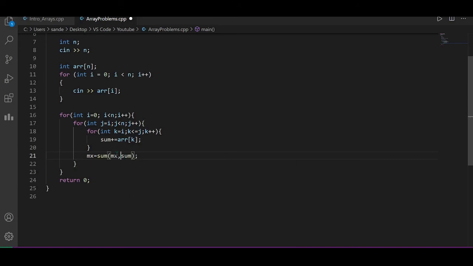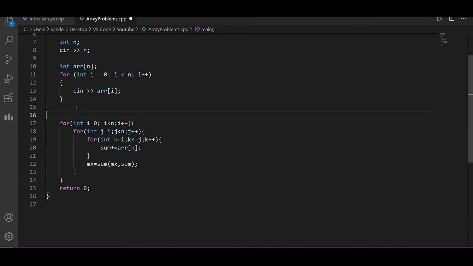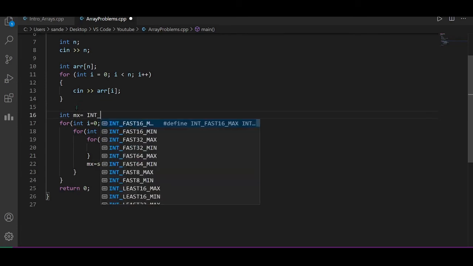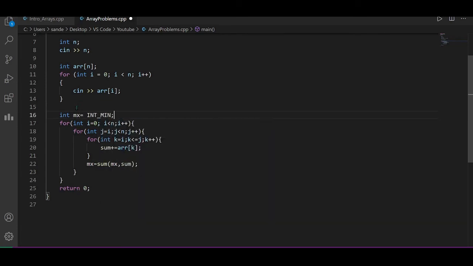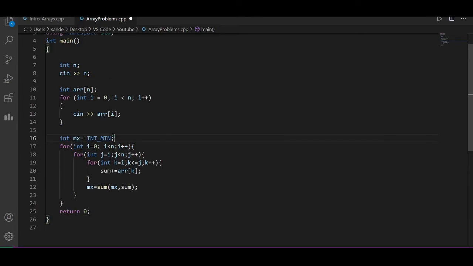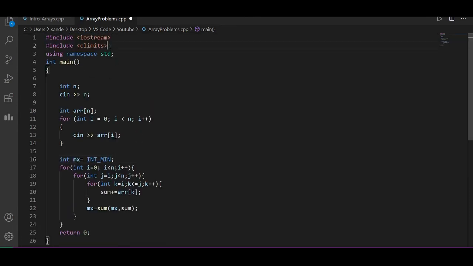We haven't declared it, so I will declare it over here. We'll declare our mx with INT_MIN. And whenever we use INT_MIN or INT_MAX, we always include the climits header file.